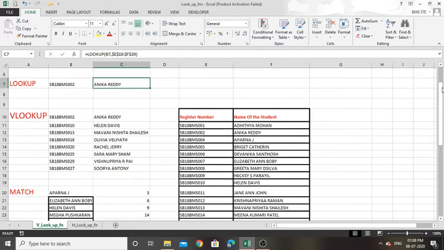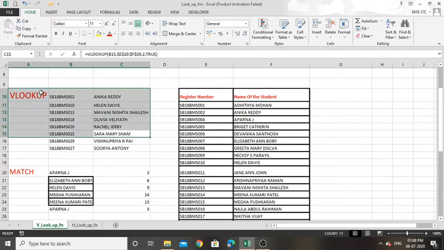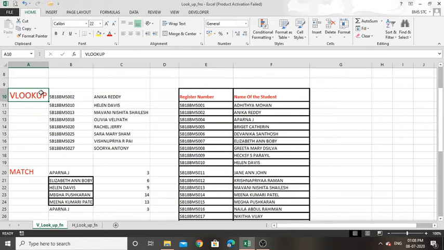The LOOKUP function will search for a particular value with a searching key value. So what is a VLOOKUP function? VLOOKUP stands for vertical lookup. That is, it will focus on a column oriented data table, that is vertical values. So the key value should be searched in a vertical manner.